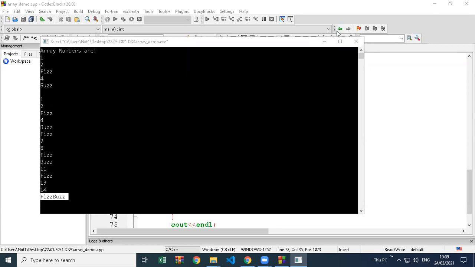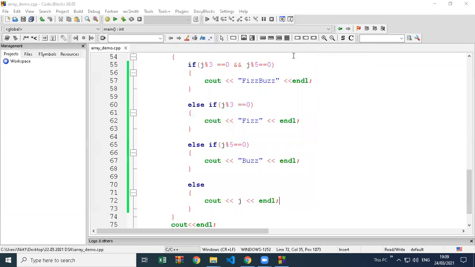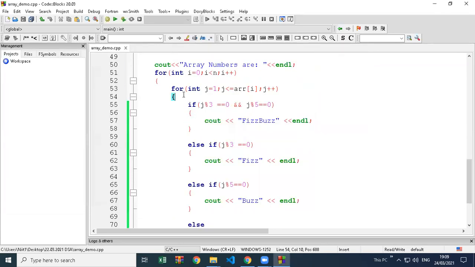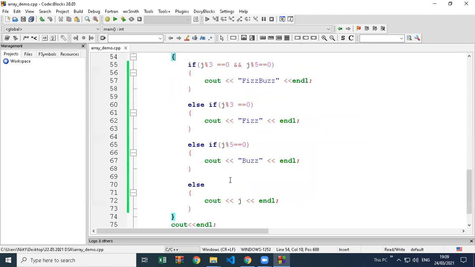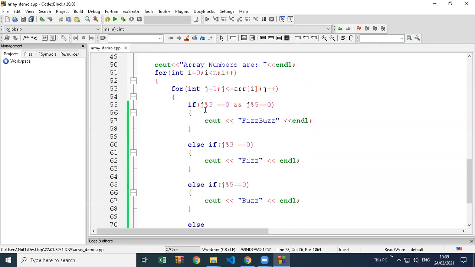So earlier we had written here just J. If you notice the previous code, we had only printed J earlier. So we were printing numbers. If you are printing J and J is your number, it is printing all the numbers for you. This is the loop.